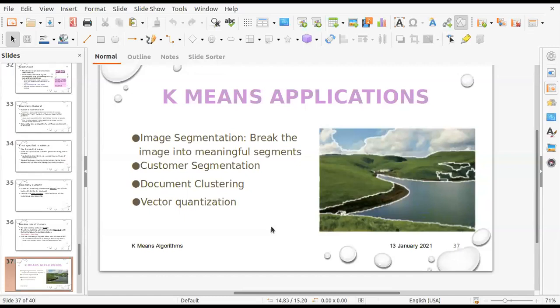The method can also be used for document clustering. Now, document clustering is a slightly complex process wherein we are looking at the similarities or differences between the items. As far as the documents are concerned, we need to compute the distance between the documents. The methods used are cosine similarities, which will be used for computing the distances between the documents.